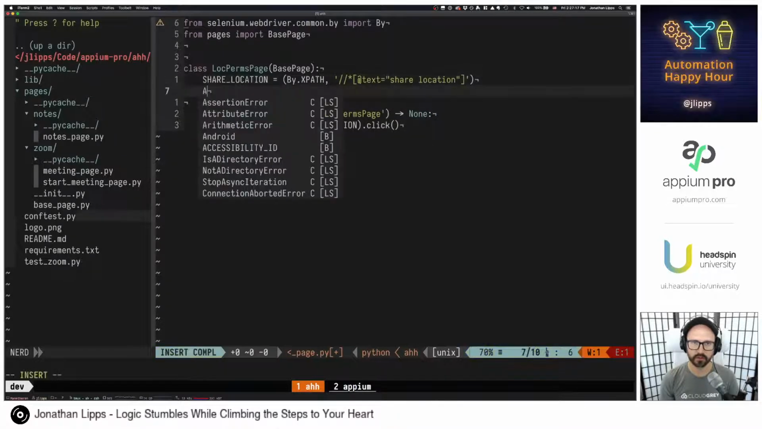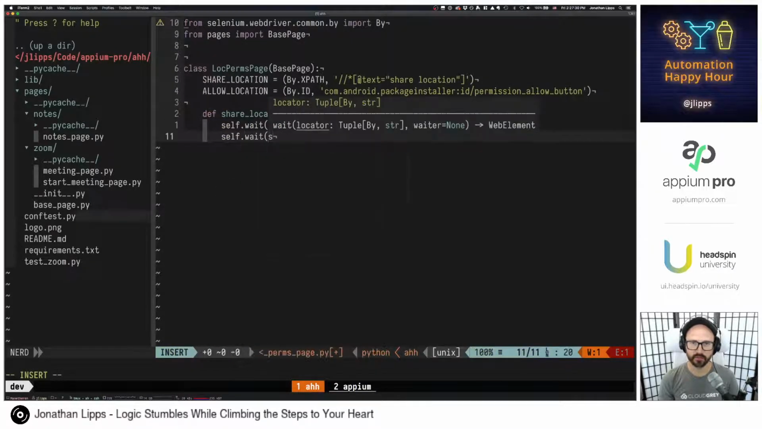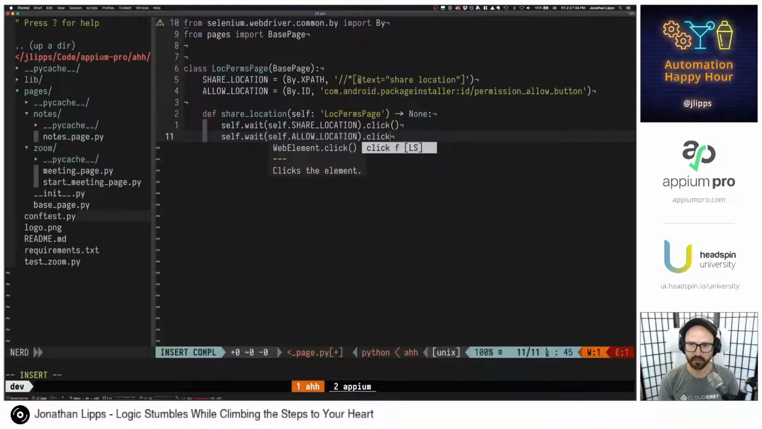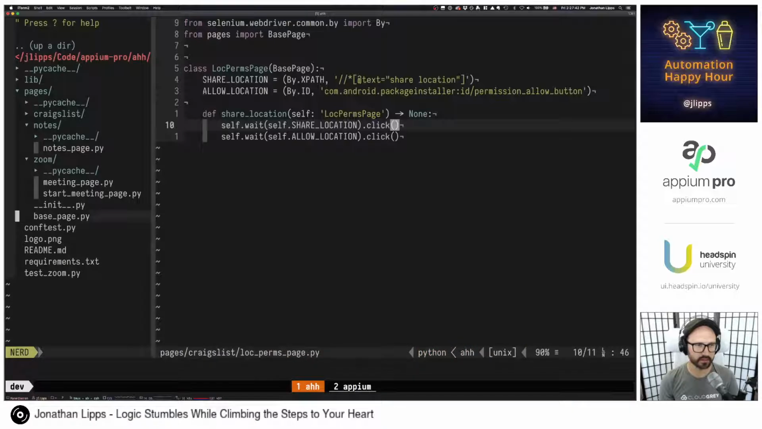So allow location by ID, and we'll do this here. And we'll also wait for that to show up, allow location, and we'll click it. Okay, now that we've got this page defined,